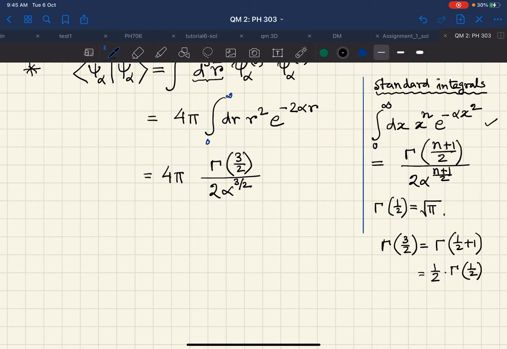So we are going to use that formula, and then gamma half is known to us, it is square root pi. Therefore gamma 3 by 2 should be square root pi by 2. So this is 4 pi divided by 2 into half gamma half and then alpha to the power 3 by 2, which is nothing but,